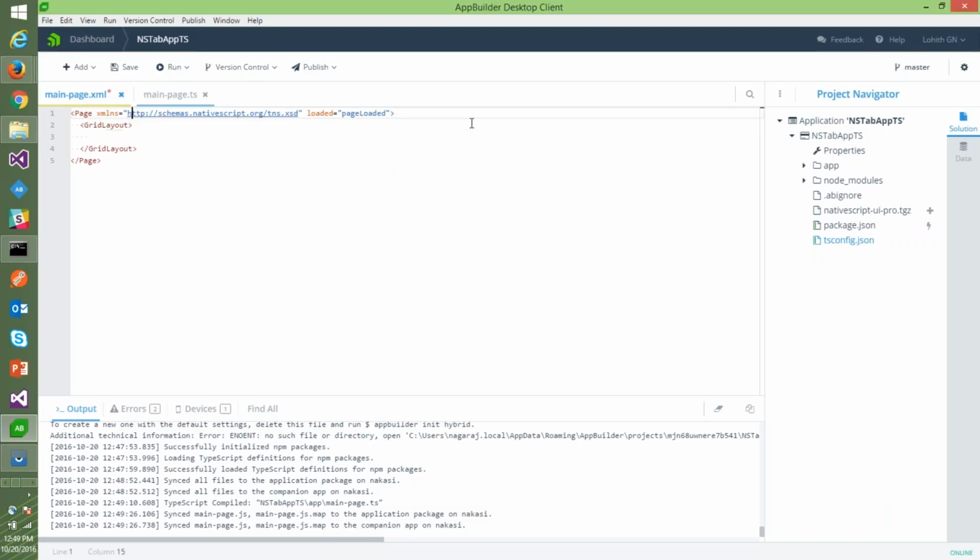And here is the namespace. So you just say XMLNS, that's the XML namespace, colon chart, meaning I'm creating a particular thing here. So it's nativescript-ui-pro/chart, and then that's all I need to do. And then we'll start using the